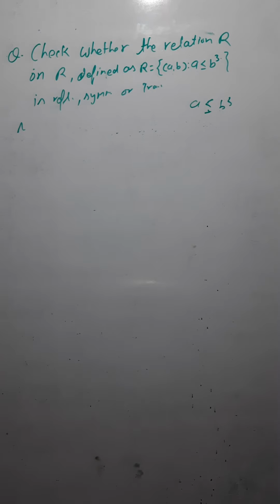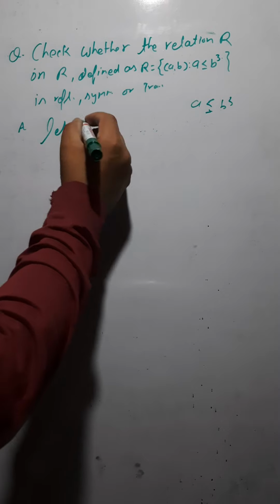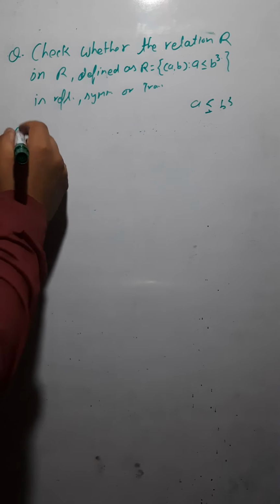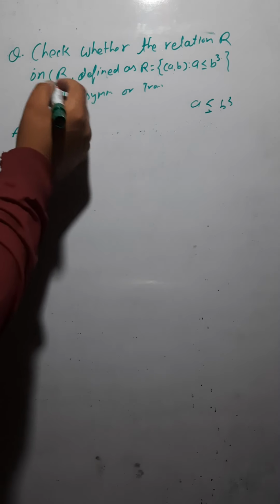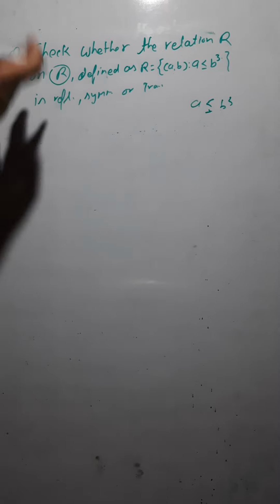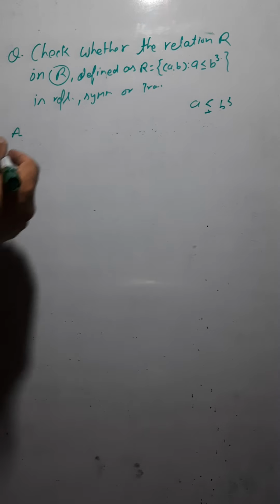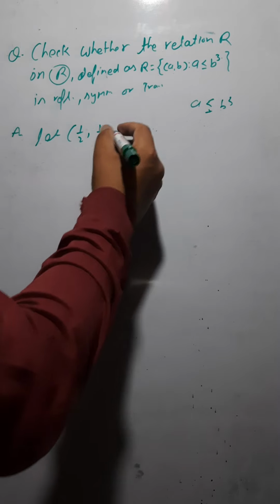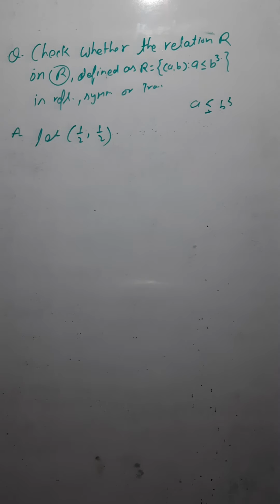Let's take an ordered pair. To check whether the given relation is reflexive, we need the doublet of all the elements. Real numbers are rational and irrational, so we can take a rational as well as an irrational. Let me take two rational numbers, because the doublet of all the elements should be there in the relation. Let's say (1/2, 1/2). Whether it is there in the relation R or not, let's check it.